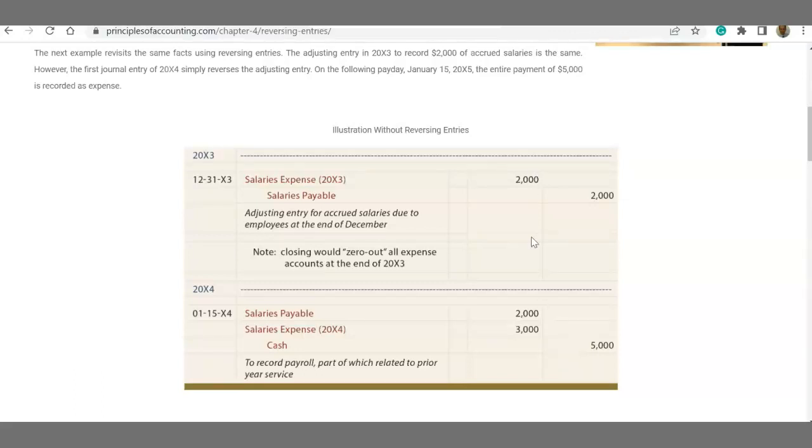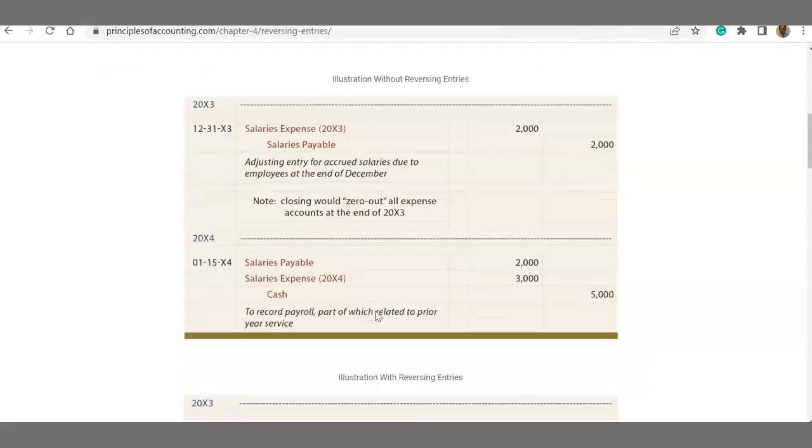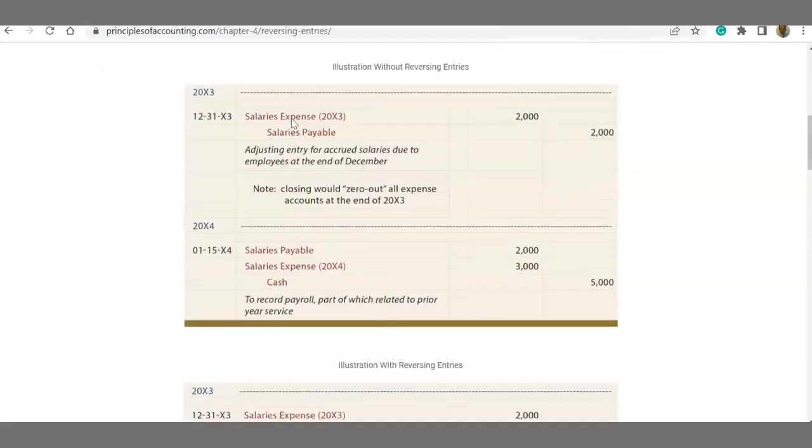And then you prepare your financial statements. And you have respect for the fact that whatever happens in 2013 has to be recognized in 2013. However, it might be a little bit confusing when you are doing payroll, because you already recognized some salaries expense here. So in order to not create any confusion in the payroll department, as of January 1st,